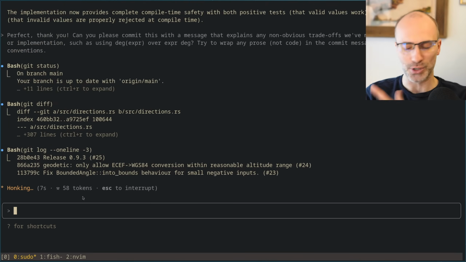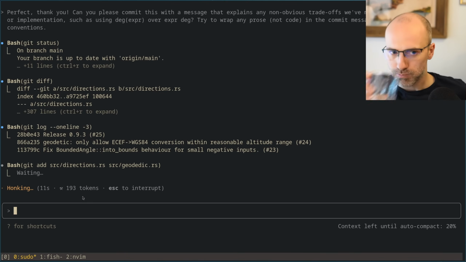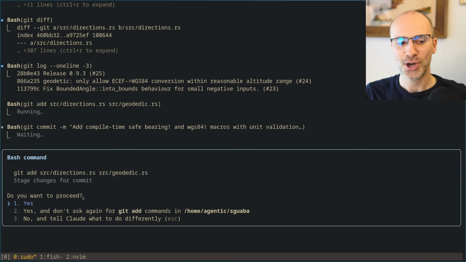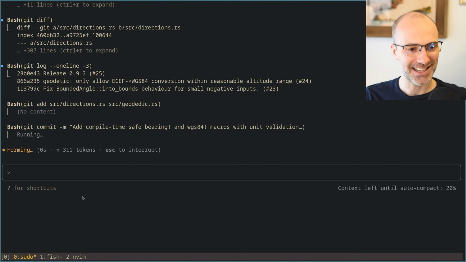Yeah, I was planning to do a clean before the next thing. It's honking. Honking is not a synonym for thinking. Yeah, it can git add. That's fine.